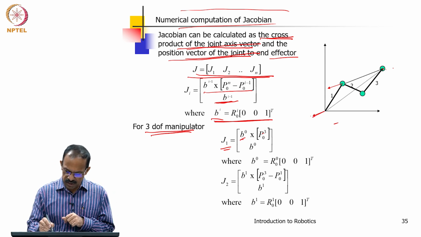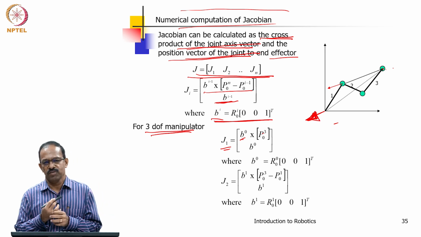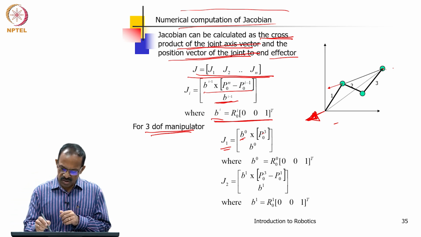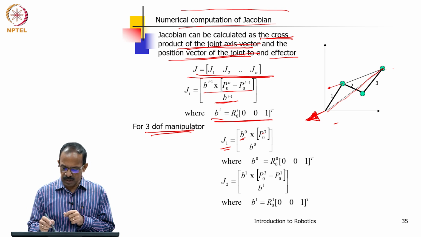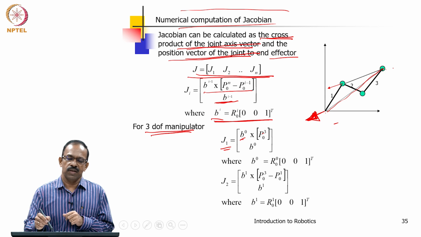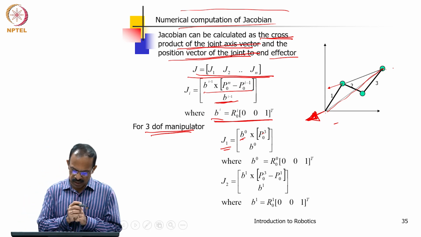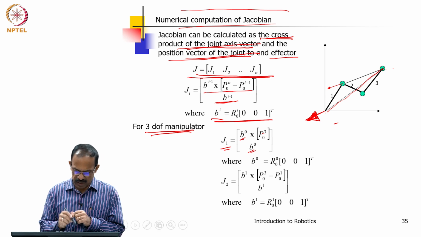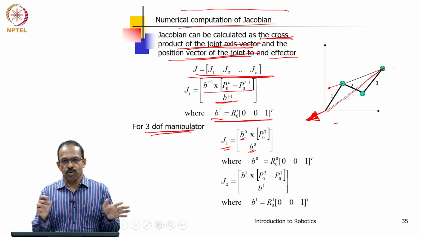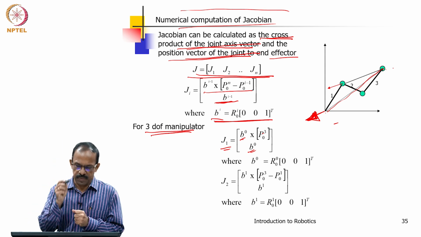This is B0, that is the first joint axis, cross this position vector, that is P03. So, P03 is the vector representing the 0th joint to the 3rd joint, and B0 is the joint vector, and B0 is obtained from the rotation matrix. The approach vector of the rotation matrix will be the B0,